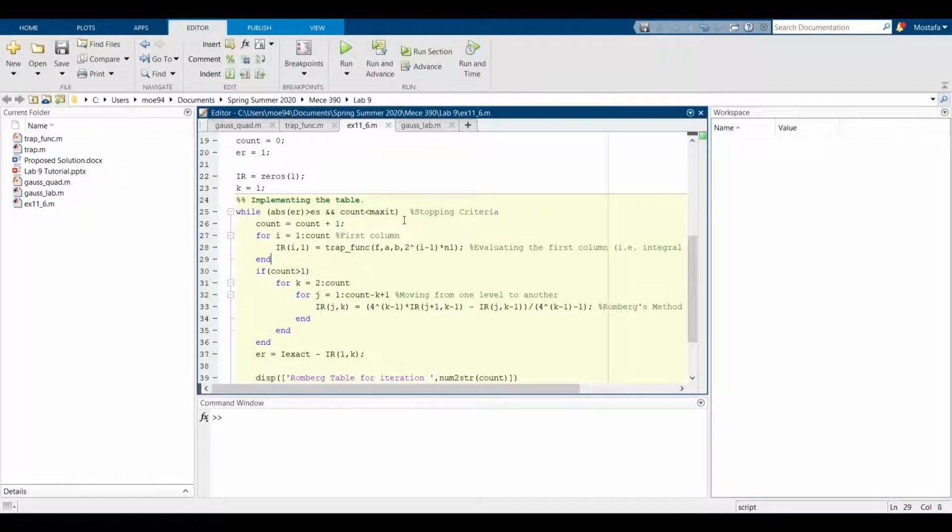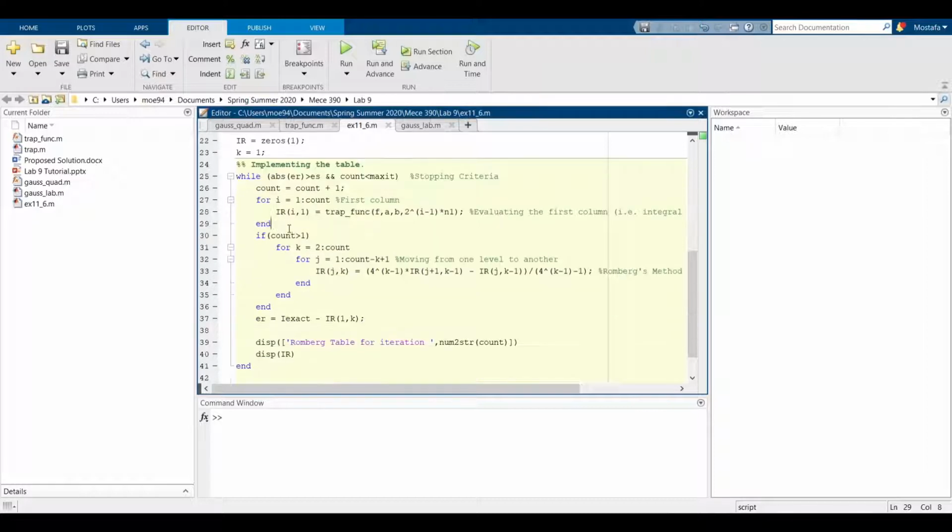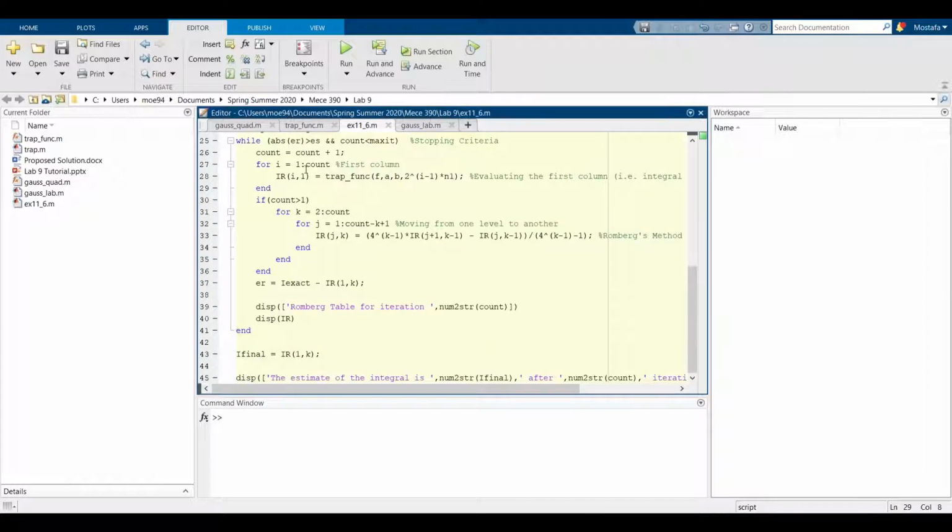You already have this code on E-class, and this is from example 11.6. I decided to walk you through it since you're required to come up with something similar in the assignment. So starting from line 25, we start to implement the table, which I've previously discussed. The while loop starts with defining the stopping criteria, which is based on the error threshold and the maximum number of iterations. And then this loop calculates the first column of the table